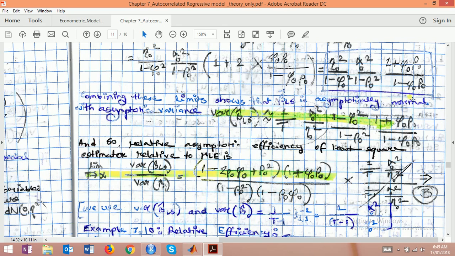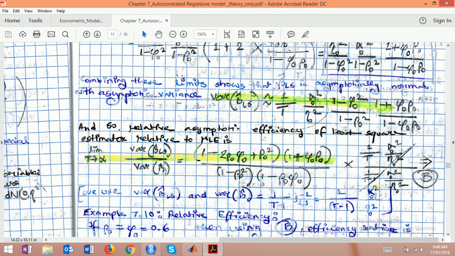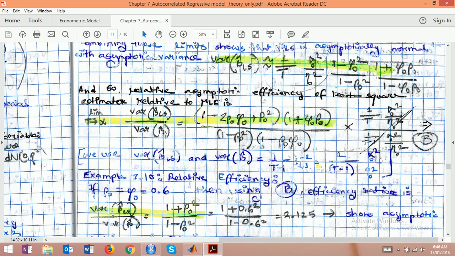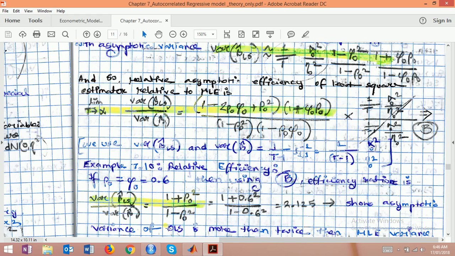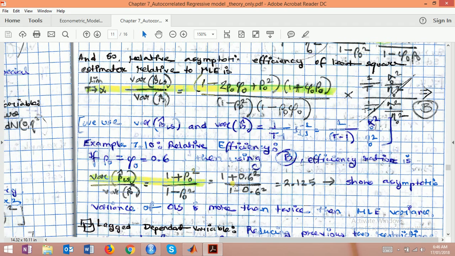You see, this is coming from the Harvey study, the Harvey estimation that we compared with the maximum likelihood estimation of beta hat. So when we compare them, all this crosses out and we are left with only 1 plus rho square divided by 1 minus rho square. This is what we need to do now, and we need to see